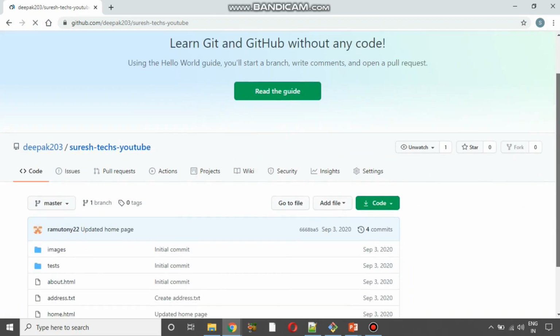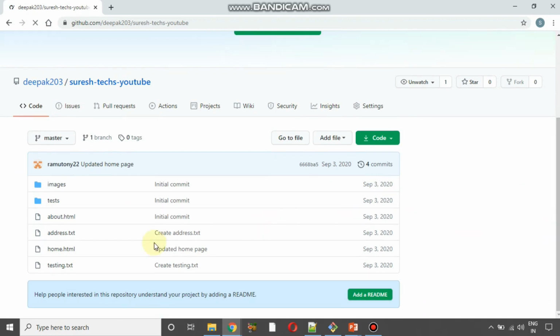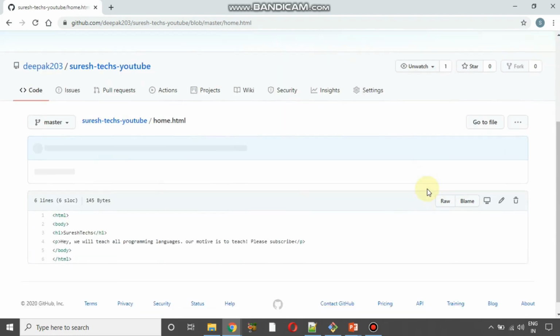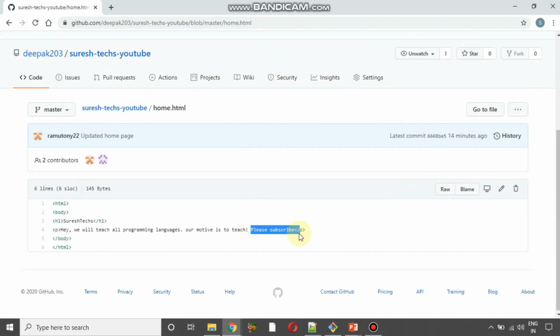Okay, and now let me just refresh once. Fine, I have refreshed it now. The project has been refreshed. Now if you look at our home.html, this is where we have done our changes, right? So now let me open it up so that we'll get a confirmation whether our local changes were pushed to the remote repository or not. Okay, let's wait for some time. Since I'm running on very low network, it is taking some time, but basically now if you look here, under home.html, this is the change which we have done, right? Please subscribe, right? This is the change which I have done, and we have that change in our remote repository.